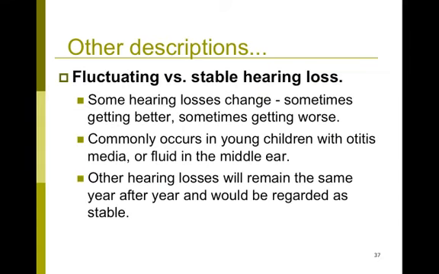Other descriptors of hearing loss could be that it's a fluctuating or a stable hearing loss. Some types of hearing loss might fluctuate over time. Common examples of that would be young children with chronic ear infection. Whenever they're having an ear infection that might be triggered by allergies or might be seasonal, they would of course have a hearing loss, but if it resolves spontaneously or by medication, things might return back to normal.